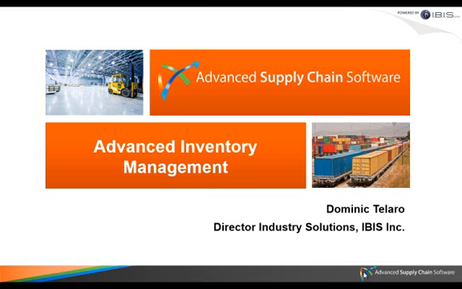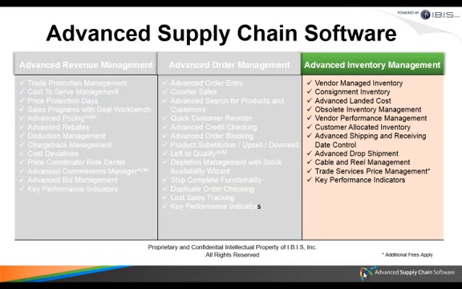So we have to get the product out based on all the previous steps that took place, and we have to do it in a way that the customer is satisfied, in a way that's efficient, in a way that meets our processes as we want to use them internally as well as externally with both our vendor and our customers. So if we look at the functionality that Advanced Inventory Management brings to the table, you'll notice that there's